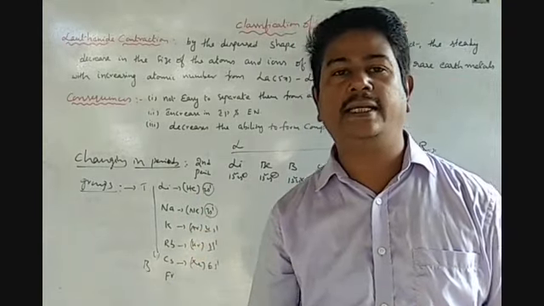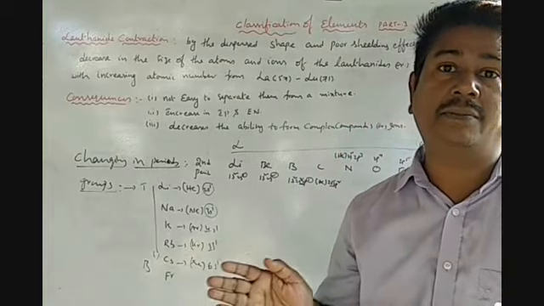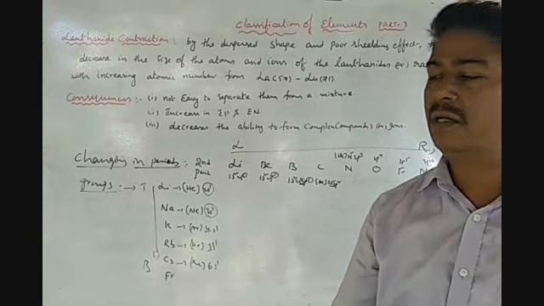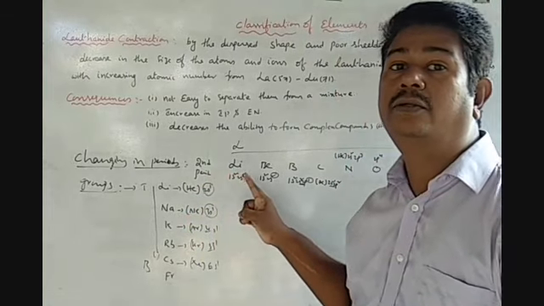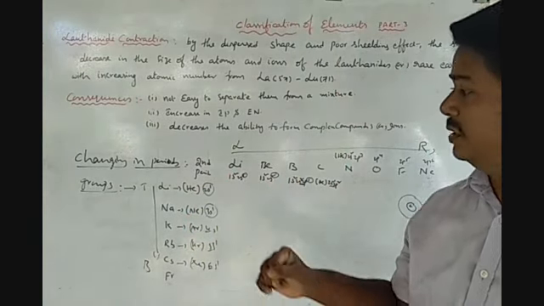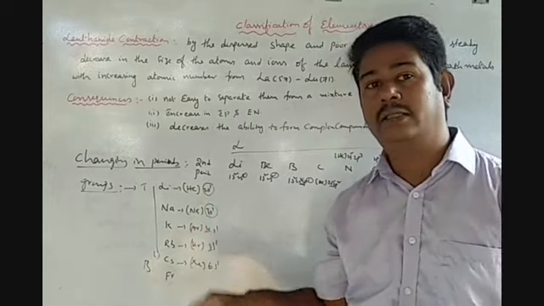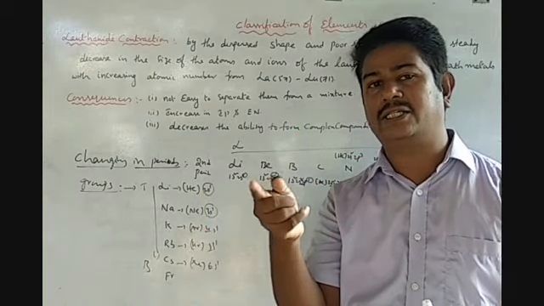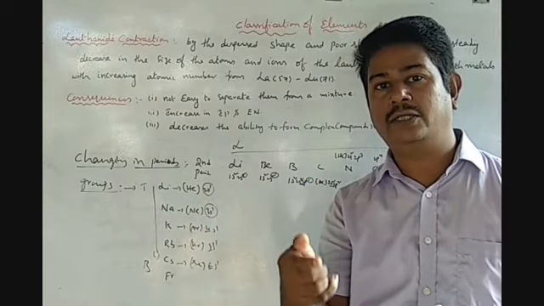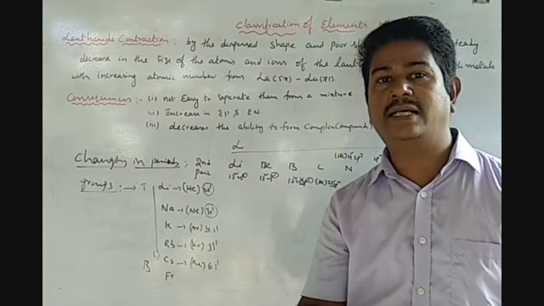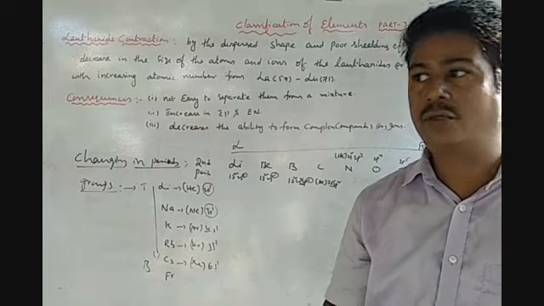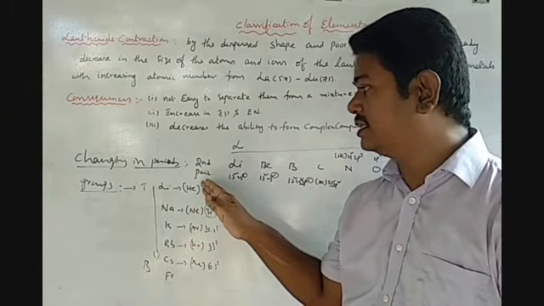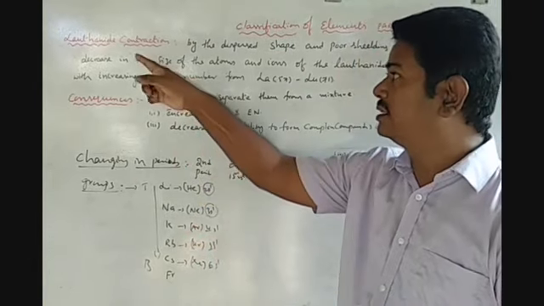So generally from left to right in periods, the atomic radius decreases because of the increase in the nuclear force of attraction. Whereas in the case of groups, the atomic radius increases due to the addition of electrons into a new orbit, as well as the nuclear force of attraction decreasing. Clear? While we are discussing this topic, we also discuss which one?